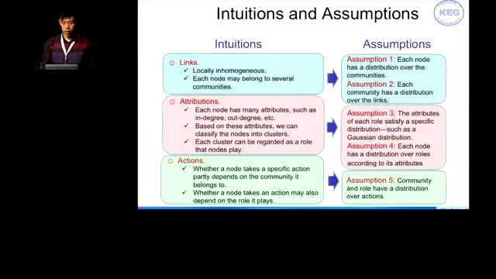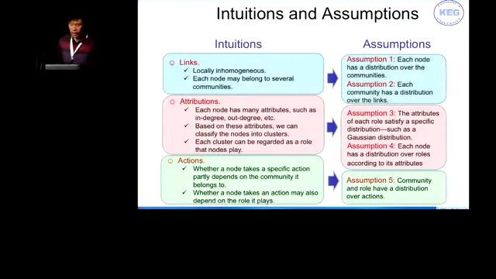And then let's look at the attributes. In a social network, each node is associated with a set of attributes. Based on these attributes, we can divide the nodes into different groups, and each group can be regarded as a social role corresponding to these nodes. So nodes with the same role have similar attributes. We assume the attributes of a specific role are generated from the same Gaussian distribution, and that each node has a distribution over the roles according to its attributes.